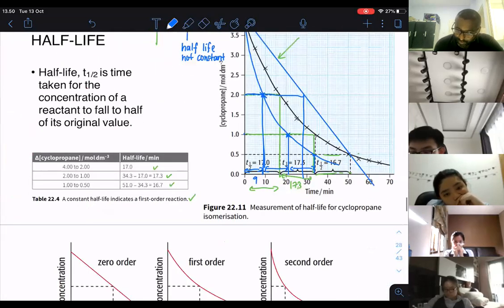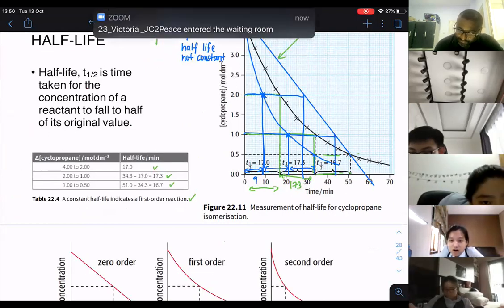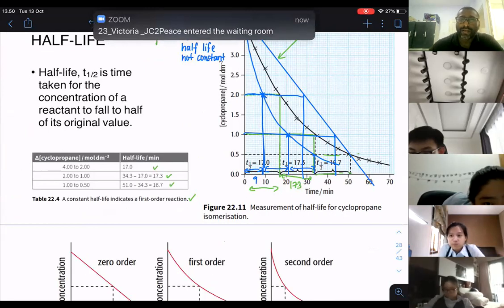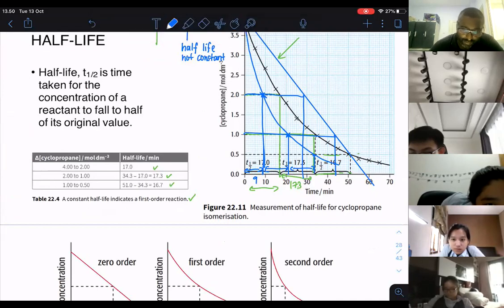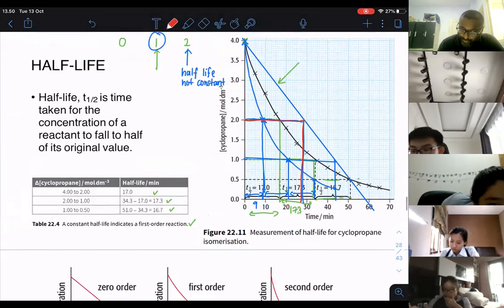From 2 to become 1. You can see there is a difference here. Let me use a different pen so that you can actually see the difference. I'll use a red pen here. From 4 to become 2,